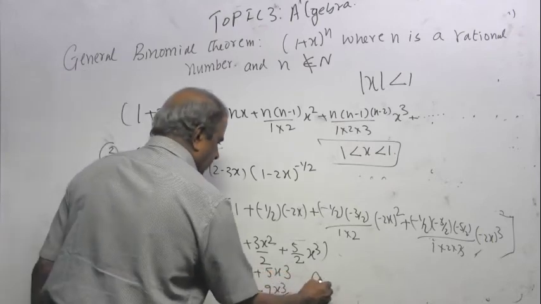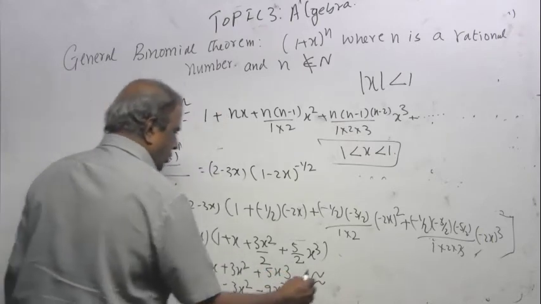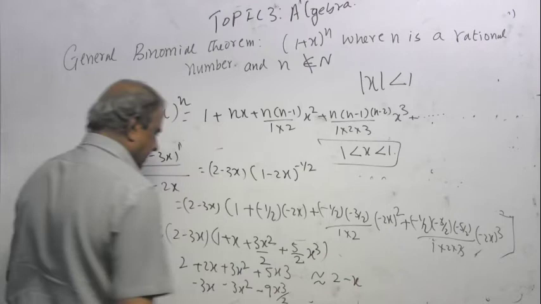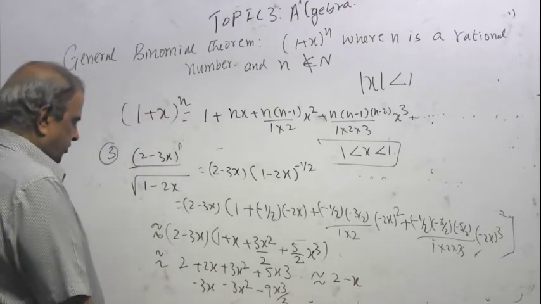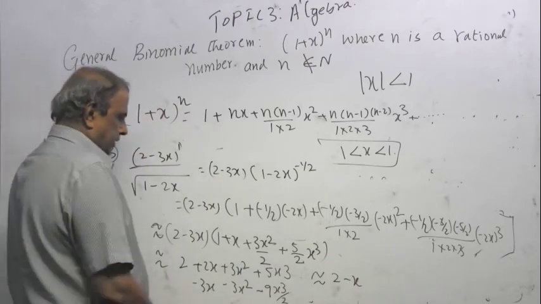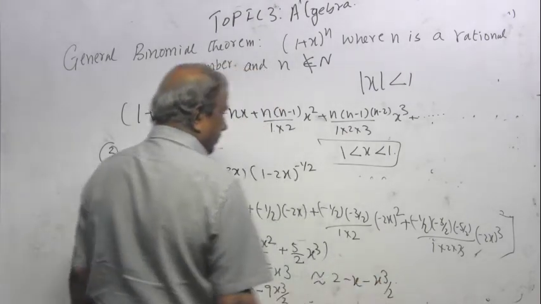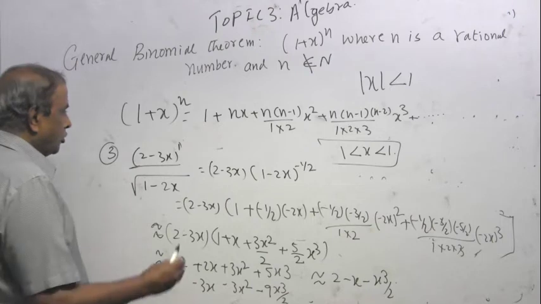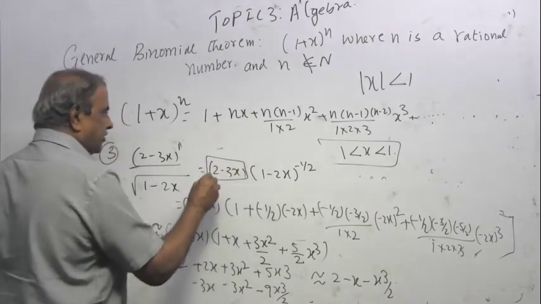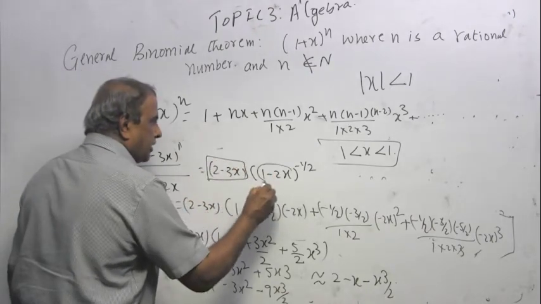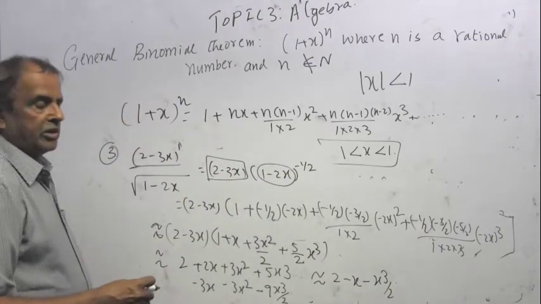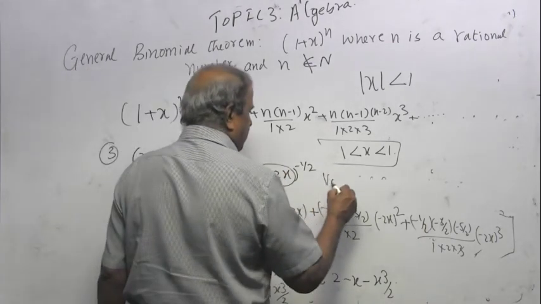So the answer is approximately equal to 2 minus x, 3x squared will cancel, 5 minus x cube over 2. That's your answer. Now, you didn't use the expansion for 2 minus 3x, but you used the expansion for 1 minus 2x. So, valid for